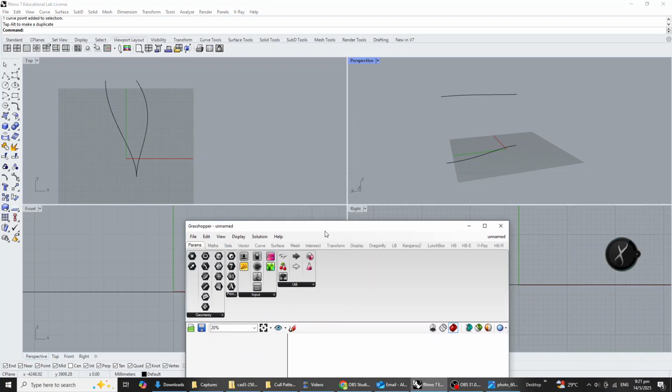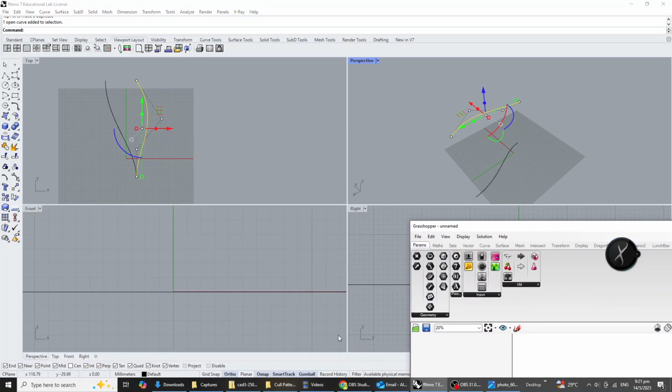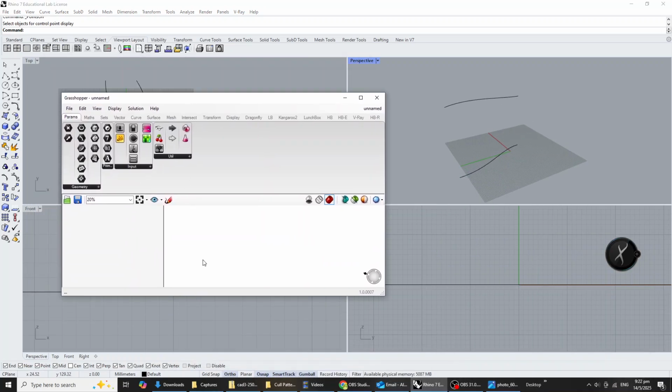Okay, so just make sure that when you select this, gumball is turned on so that you have this control, and then also that points are also on. So that's with F10 to display the points. Okay, or you can type points on over here. Okay, so now that we have this, we are going to very quickly create 2